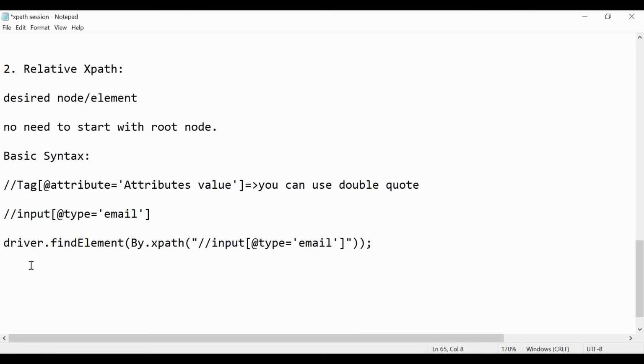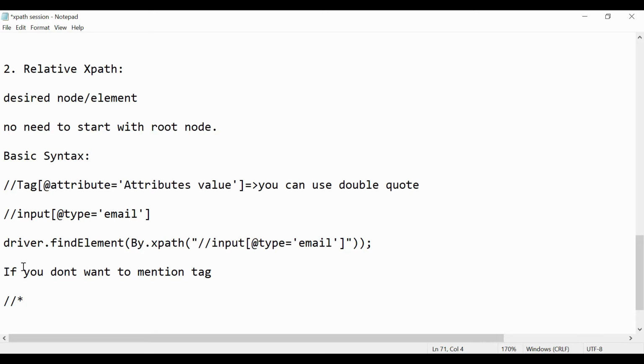There is another way if you don't want to mention the tag: you can use star.